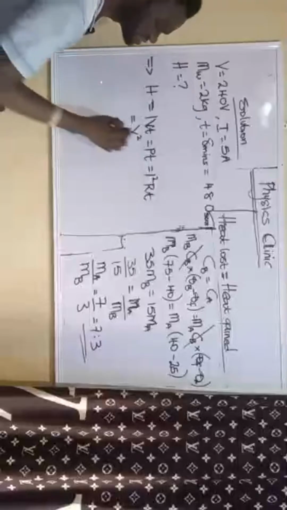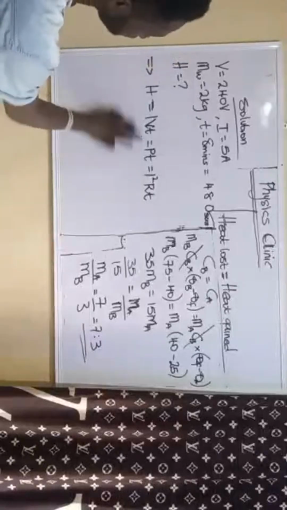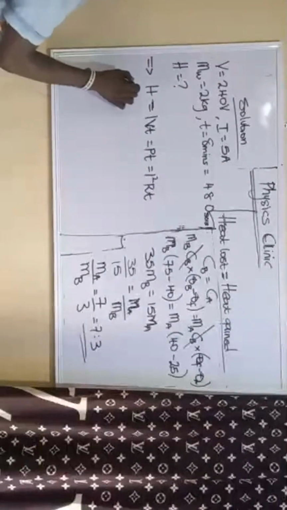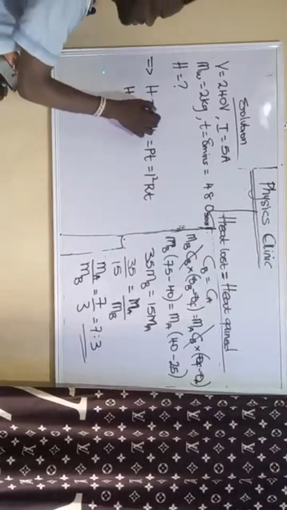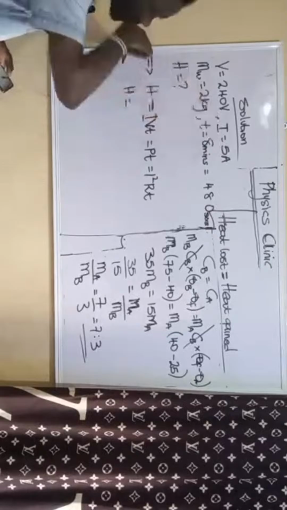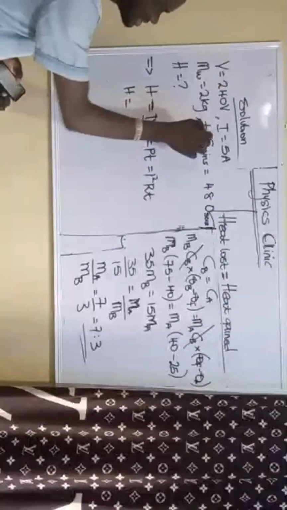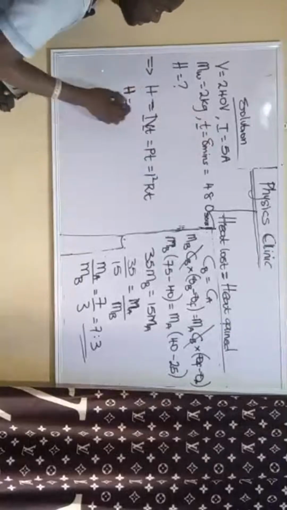This is V squared over. No, I'm not making a mistake. Okay, I think this is alright. So I squared RT. But in this particular question, for the heat energy, we have the current given, that is I. We have the potential difference given, that is V, and we have the time given, that is T. So the heat supplied to the water is simply